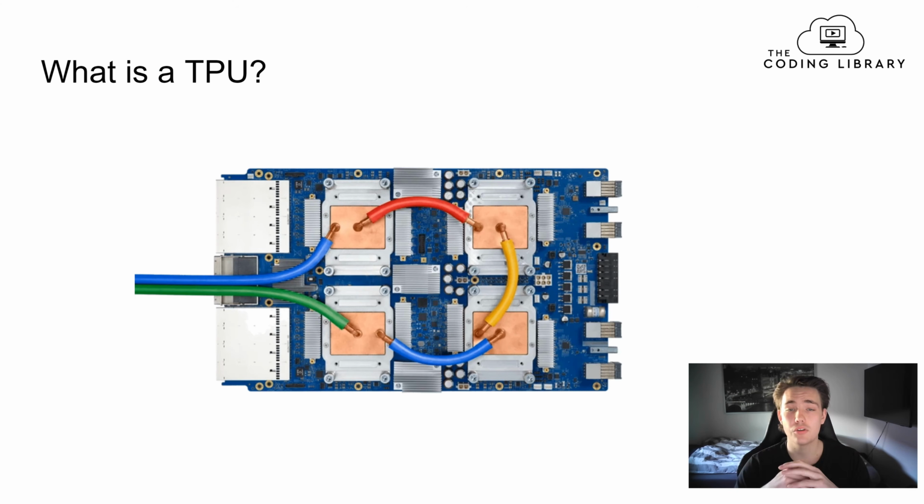First of all, we're going to talk about what is a TPU. We'll have a short introduction to what a TPU is and why we should use one, and then later on we're going to go into actual code and see how we can set up a TPU in Google Colab, so we can actually use Google's tensor processing units to do the training of our neural networks. A TPU is a tensor processing unit, so it's a specific hardware accelerator for